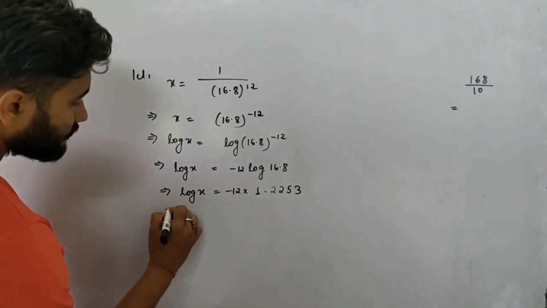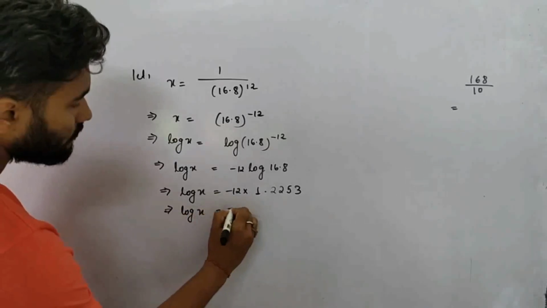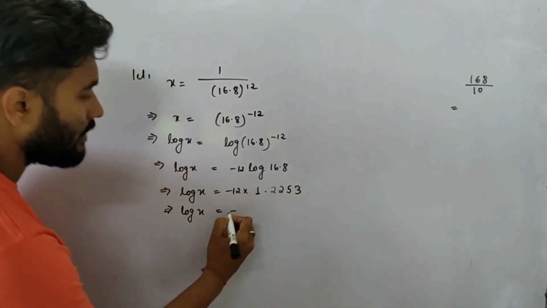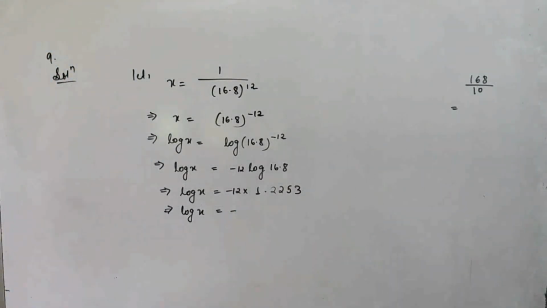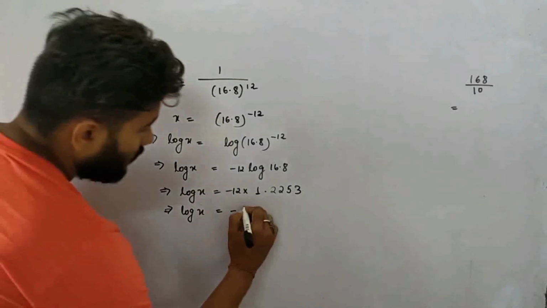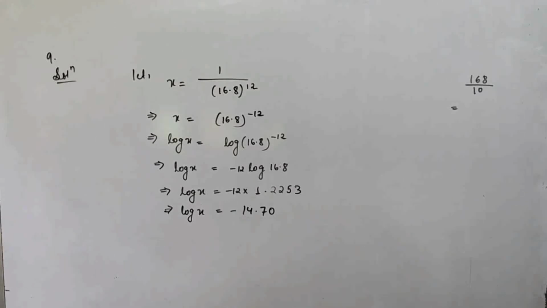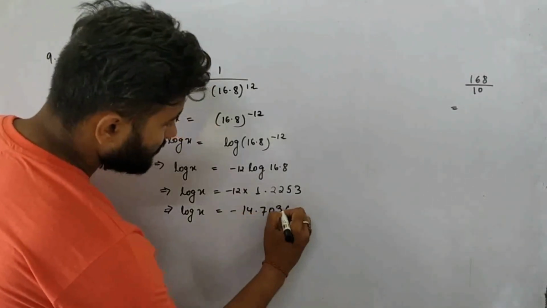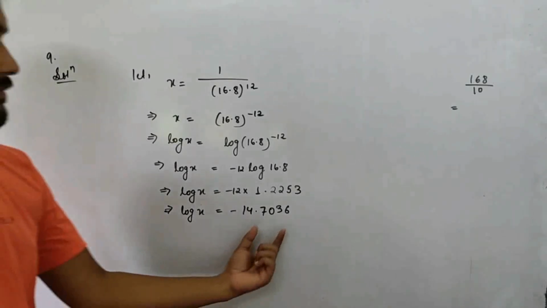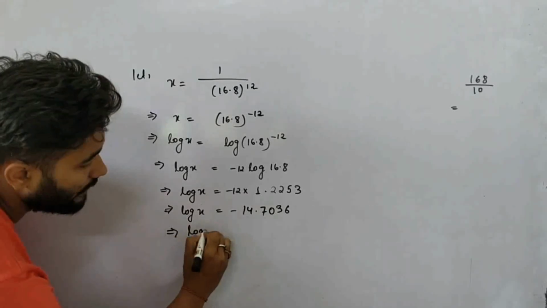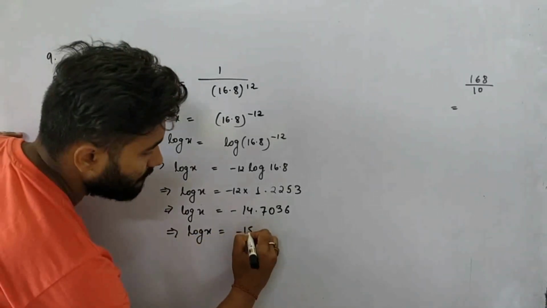Now multiply then. Log of x will be equal to minus 12 into, directly multiply. Minus times plus will be minus. So multiply 12 into 1.2253, and you get 14.7036. Okay, so what is the problem? The problem is your mantissa is negative. So make your mantissa positive, which implies log of x will be equal to, very simple, minus 15